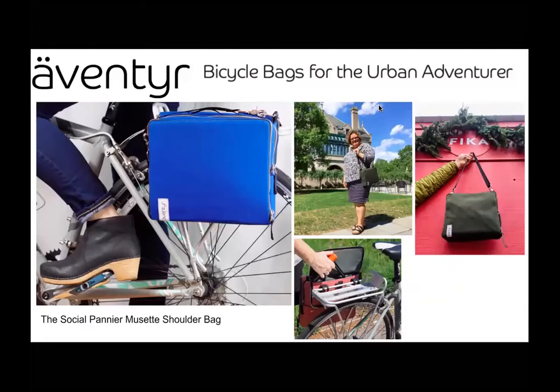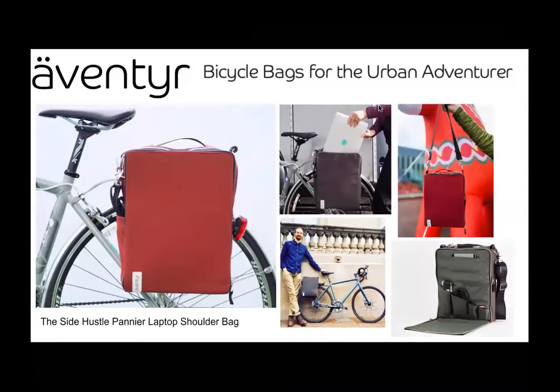This is the Social. It's a pannier bag, and it was our very first bag that started it all. I made this bag specifically to meet my needs. It has a lot of pockets for personal belongings and tools, a hidden pocket for your bike lock, and a key lanyard to keep your keys on. Then with the Social, we were frequently asked if it held a